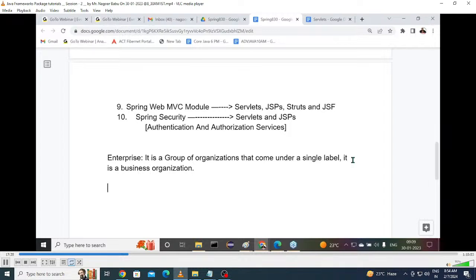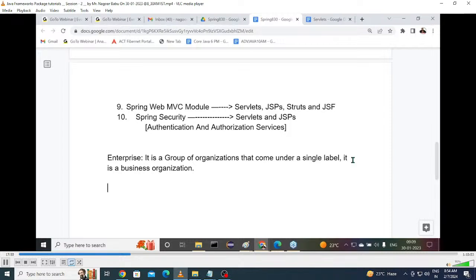Durga Soft, Durga Software Solutions. Can I say Durga Soft is an enterprise? No, still no. Here also business is going on. I'm not saying Durga Soft is a charitable trust.